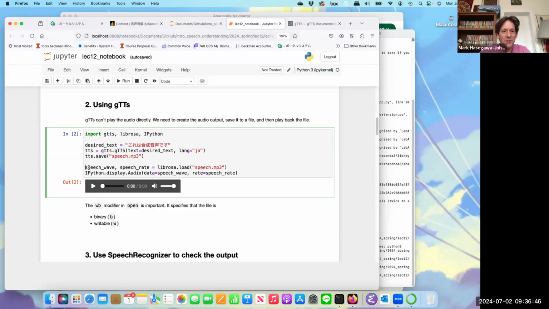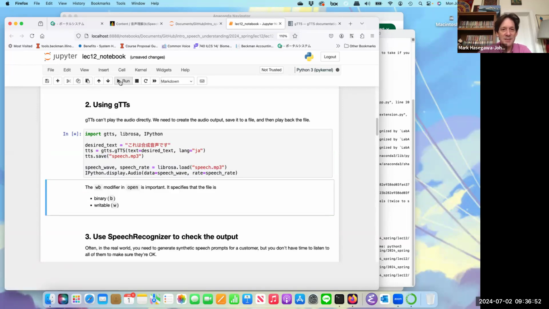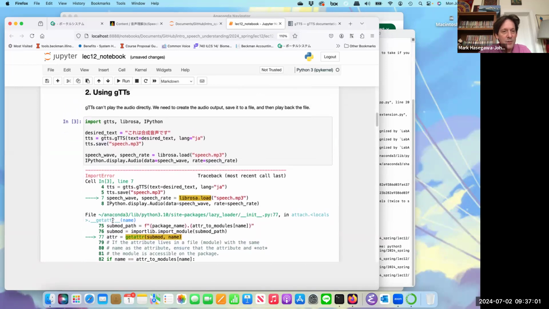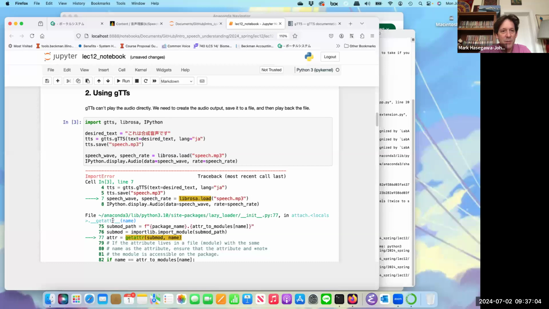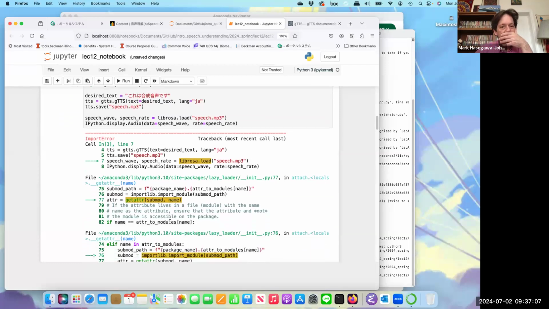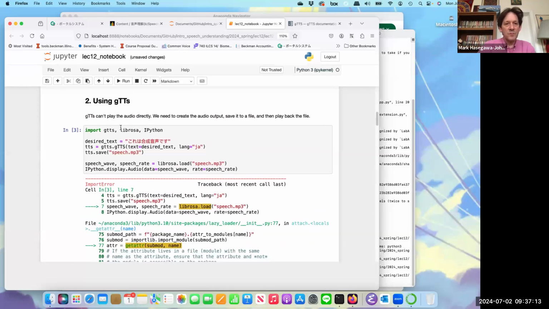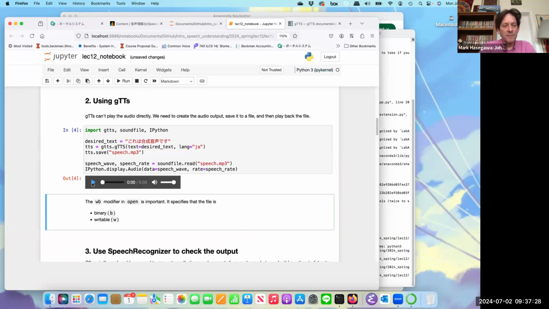And so it's useful to be able to call Librosa in order to load it. I hope this works. Actually, we had trouble with Librosa last week. Let's see if this will work. Oh, that's going to be a problem then if I can't use Librosa, because I don't think that SoundFile can load MP3s. Hmm. Let's try SoundFile, but I think that that may not work. Oh, that did work. Okay.